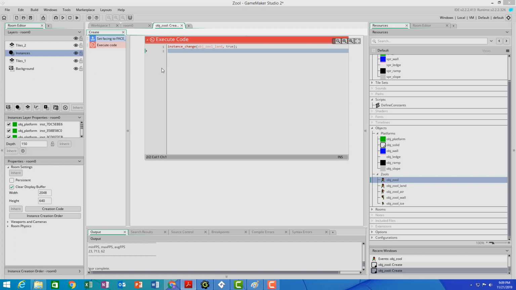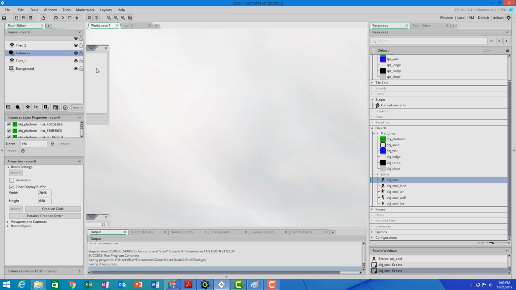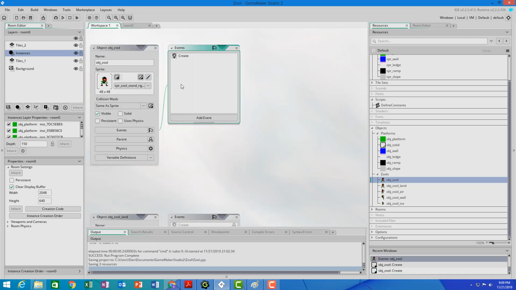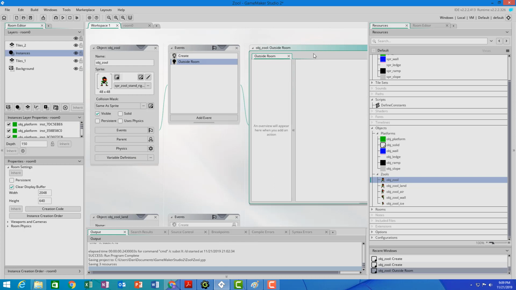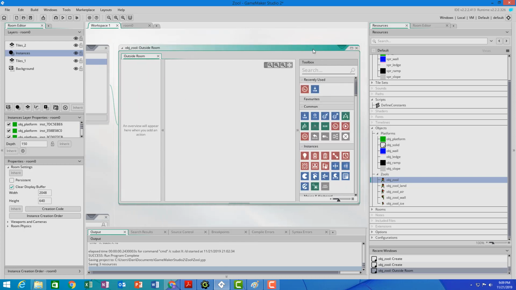we're going to add another event. We're done with the create event. Go back here, add another event, and we're going to add the other outside room event. Here's other outside room. So when we go outside the room, what do we want it to do? Well, we want to do a screen wrap. So let's see if we can find that. I say wrap